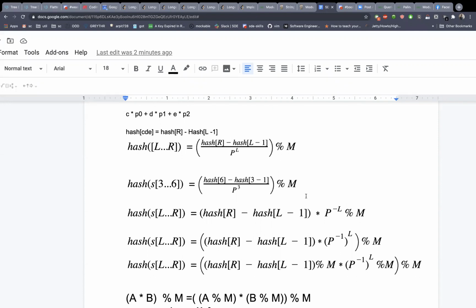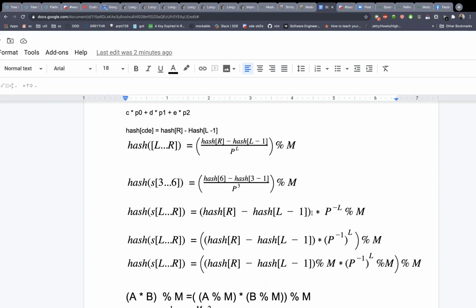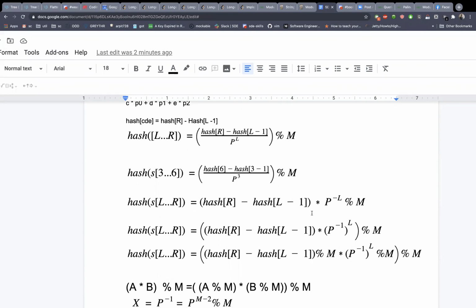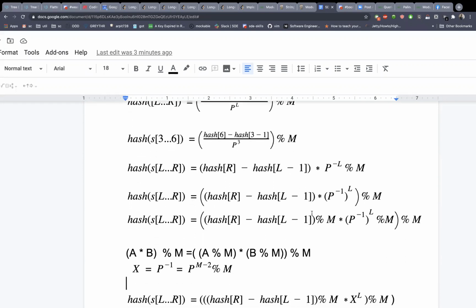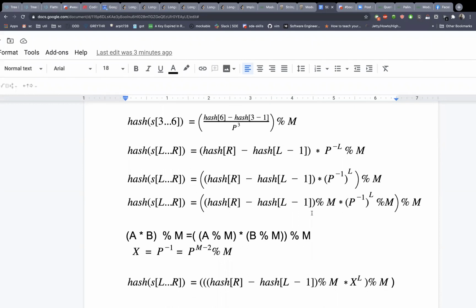Okay. I think p to the power minus 1 in itself is the inverse modulo. We have put a mod m outside because there is also a power of L on p to the power minus 1. So you can consider p to the power minus 1 as the modulo inverse. Yeah, that's what he expanded in the formula, right? Just to make sure why it is called inverse modulo p, not just inverse p. I think that makes sense.